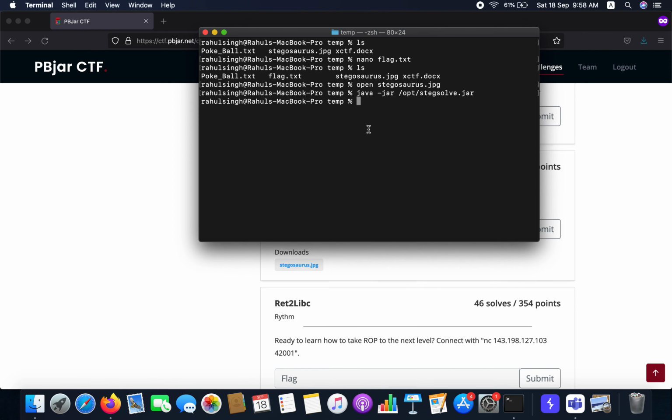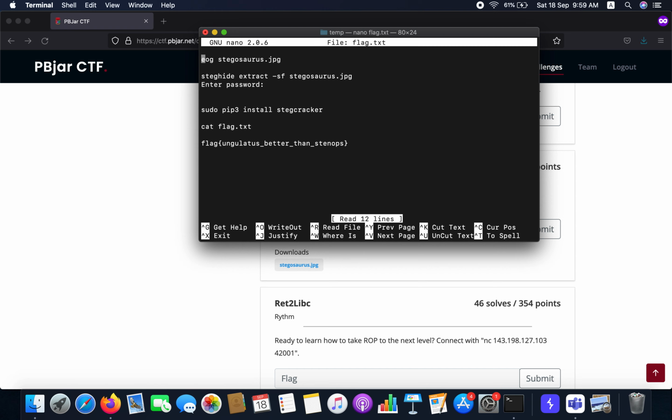So my next hunch was to try steghide, but since I am on macOS, I haven't installed steghide because I did not know how to install it, because I couldn't find it in brew or any package. So I went to my Linux machine and typed in steghide, and I have copied all the functionalities that I did.